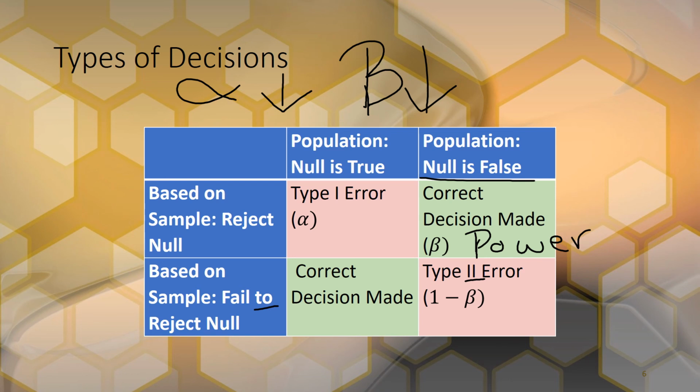But our type 1 error is lower, so that's good too. So it's a trade-off between power and a type 1 error. So decreasing our alpha is good, but decreasing our power is bad, which will lead to,